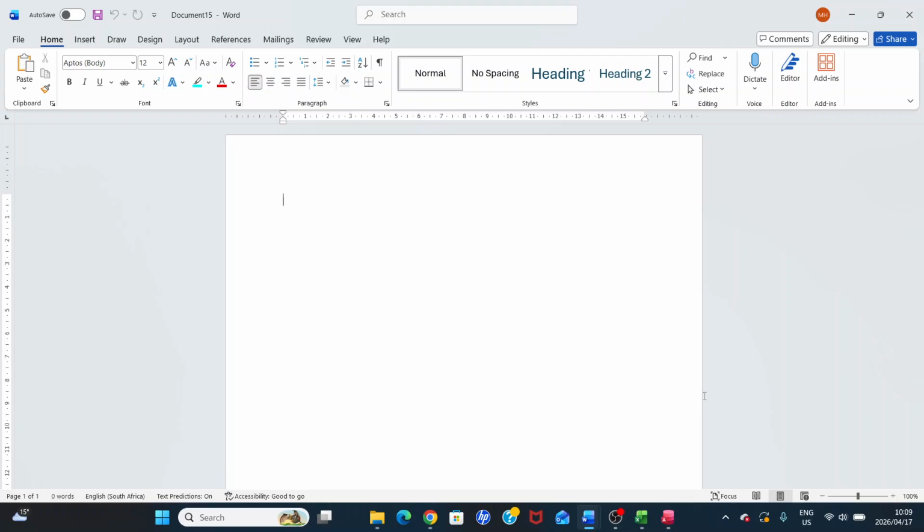So this table is like a newspaper article, but it is a table. We're going to treat it like a table, but it looks like a newspaper article. So instruction 1 says, look at the newspaper article below. By the way, you can find the instructions on Google Classroom. Recreate this newspaper article in Microsoft Word.